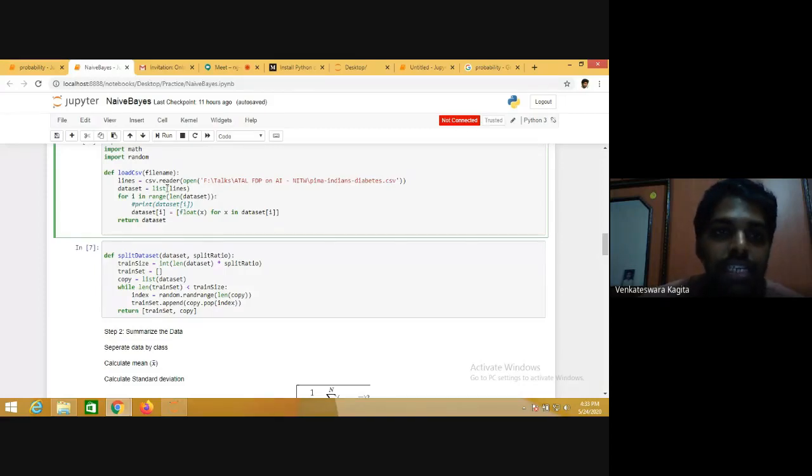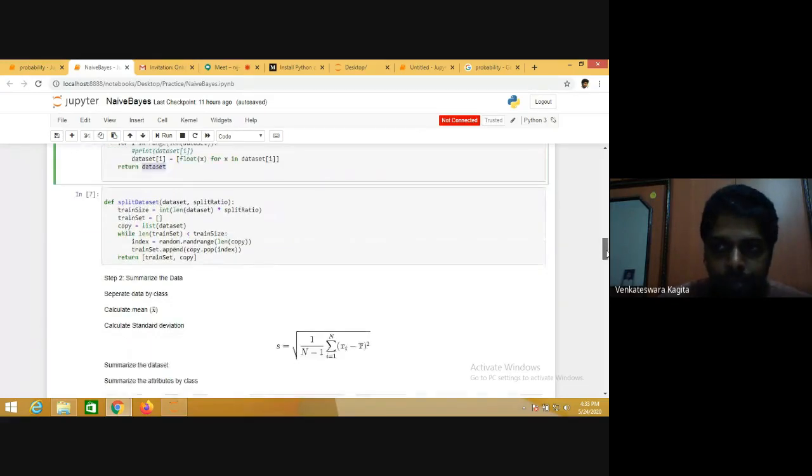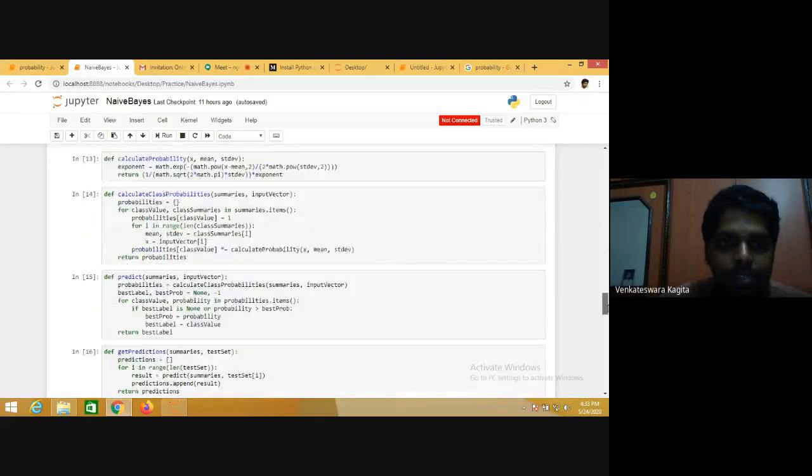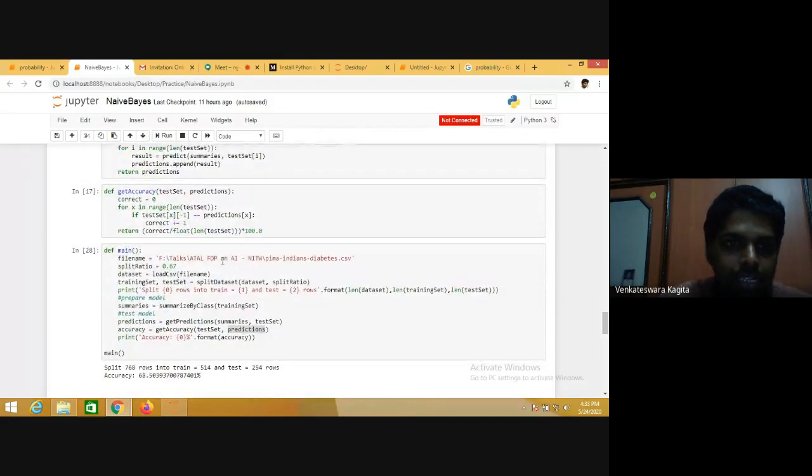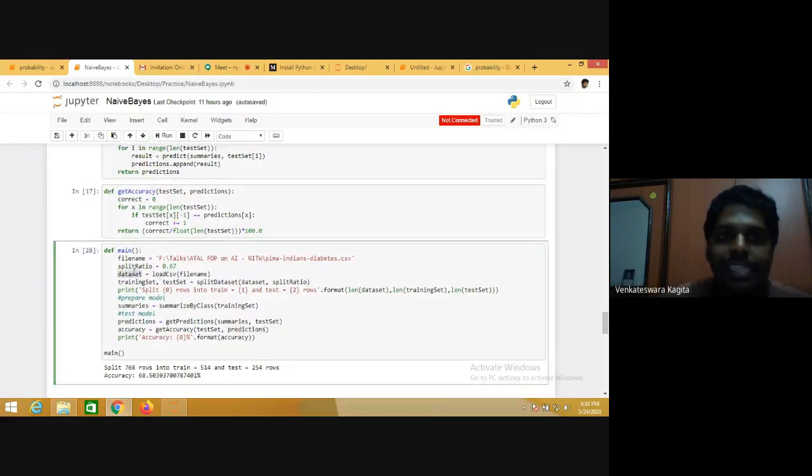It is converting the data to float format for analysis purposes. That is what this load CSV is doing. Once you load the CSV, it returns the dataset in floating value format.